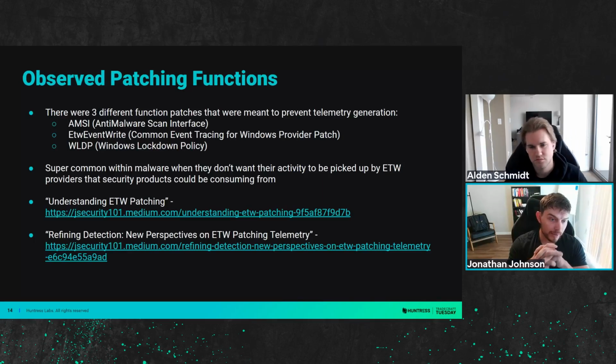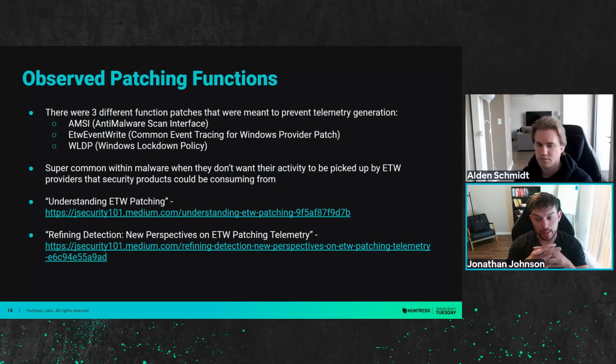The first one is AMSI, the anti-malware scan interface. This is common for VBS, PowerShell, .NET, stuff like that. AMSI will collect that information whenever certain interfaces are interacted with,